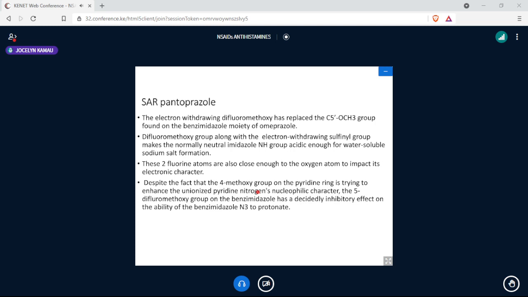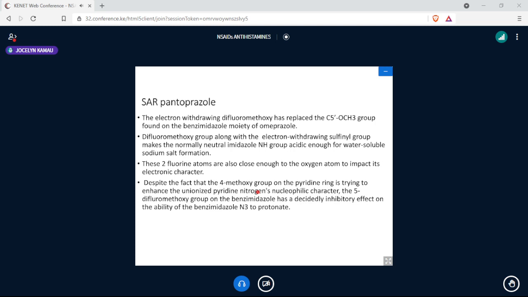Because pantoprazole at the benzimidazole position 5' has a group that is predominantly an electron withdrawer, it reduces the ability of the benzimidazole pi nitrogen to protonate, and therefore decreases the ability of that nitrogen to withdraw electrons from the 2' carbon, making it highly electrophilic. It therefore reduces the ability of the pyridine nitrogen to attack the electrophilic carbon 2',